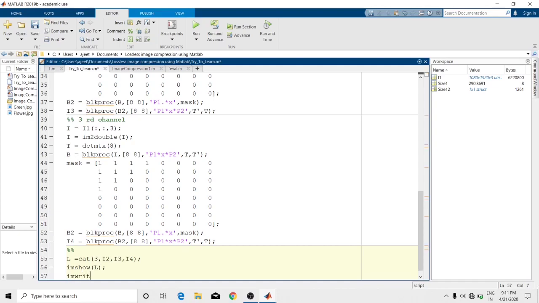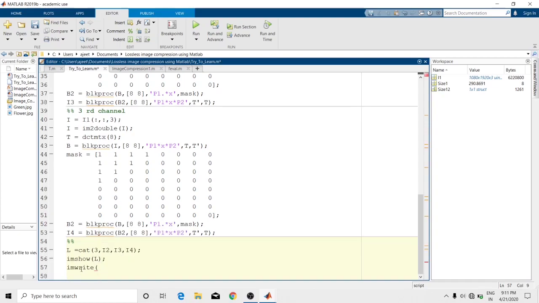Imwrite, and what do I have to save? I have to save our image L, and what will be the name? Suppose I name it as our final image, means compressed image. Compressed. Okay, compressed dot jpg.